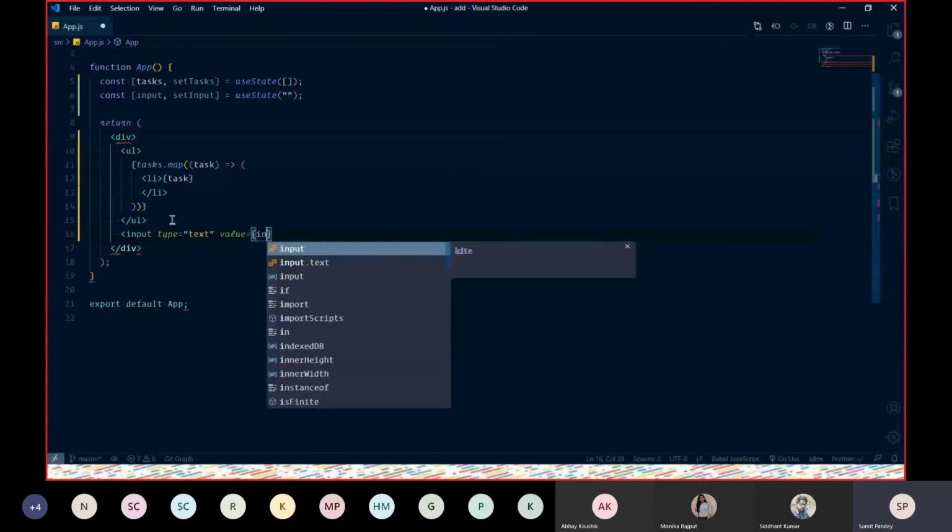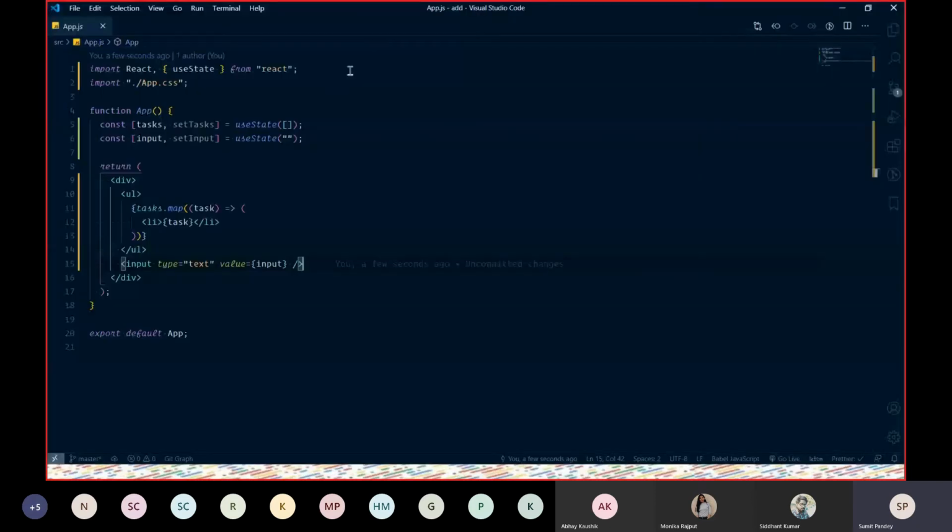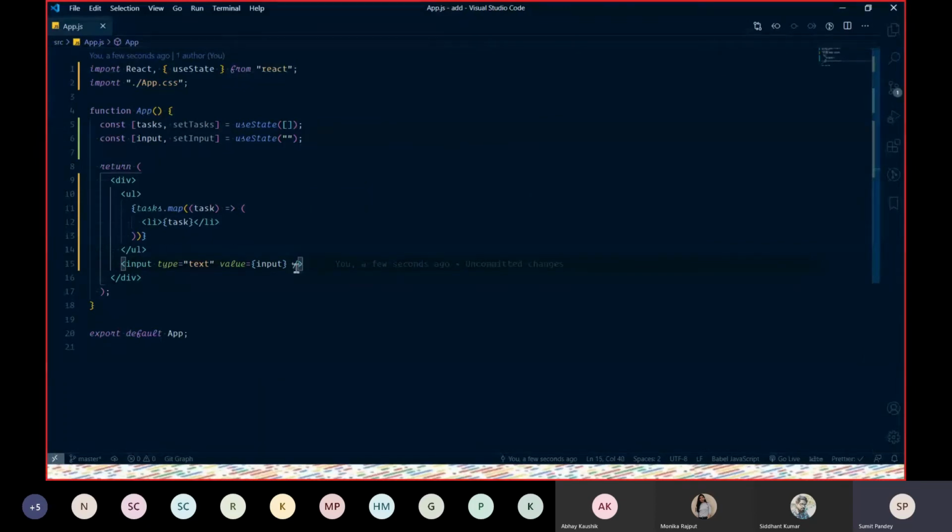So I'm just passing this variable inside this input tag. If I go to my application and try typing something over here, it doesn't work. I told you yesterday about this. You have to pass an onChange function which updates this input state to reflect the changes. So we're gonna pass an onChange method right here, and this onChange method will take an arrow function. Inside this arrow function, we're gonna call setInput, and what we have to pass is